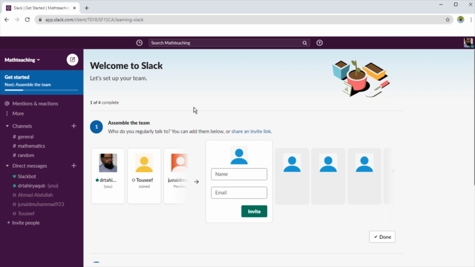This is the first of that series, and in this video I am going to show you the basic structure of the Slack application and some of the terminology used in Slack software and some of the basic functions. And then in the next videos we will dive deeper into Slack, and we will also see how Slack can be used for online teaching, because this is where most of my subscribers will be interested, and I will also try to give you some tips. But essentially, Slack is an application where teams can communicate effectively.